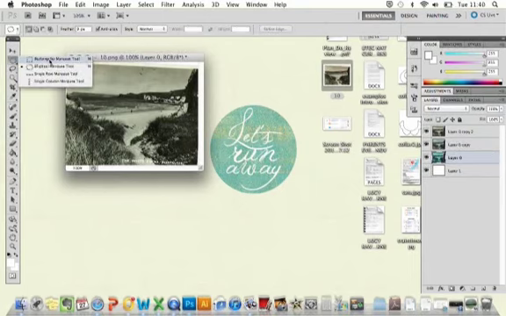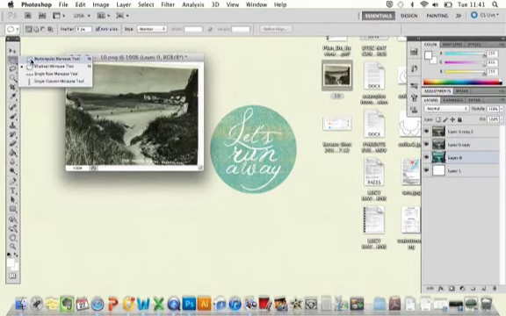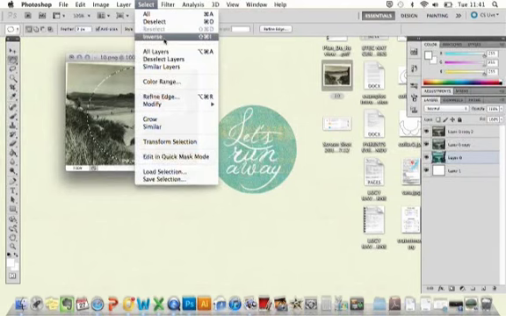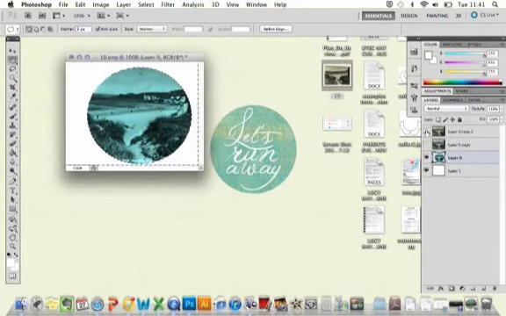So if you use the Ellipse Tool, or if you want something a bit freer, you can use the Lasso Tool, but it's not as easy to control. So I'm just going to use the Ellipse Tool. If you just select a section of the image, you're going to do quite a large circle for the first one, because this is going to be your bottom layer, and then click Select, Inverse, and then hit the Delete button on your keyboard, and it will remove the rest of the image,